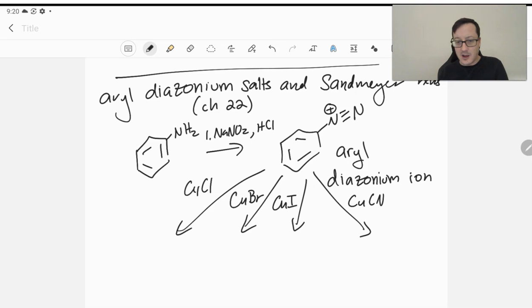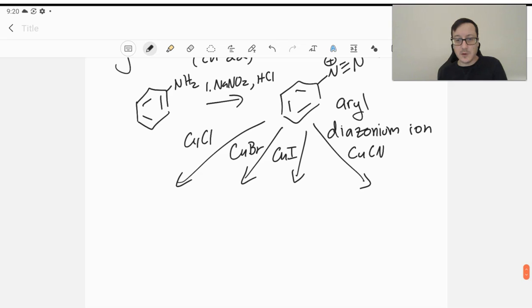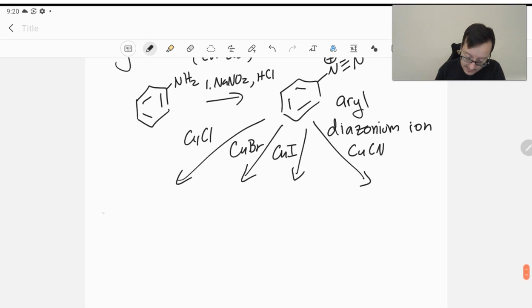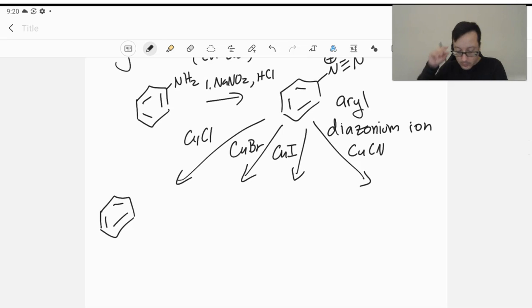And while the first two may not be terribly interesting because we already know how to put a chlorine or a bromine on, they're still synthetically useful, because sometimes we need to install things using an amine and then later turn it into a bromine. Something like that may be very synthetically useful. So we're going to see that